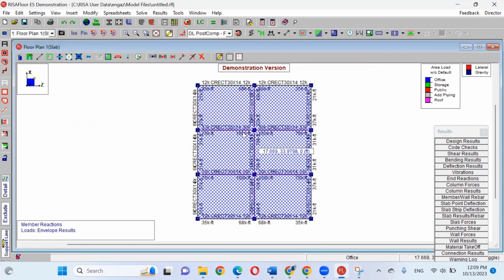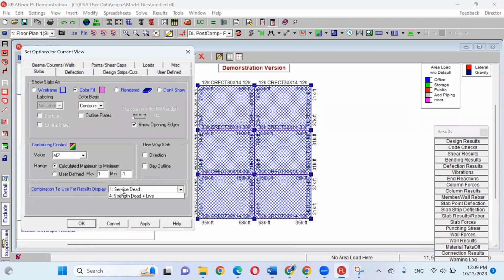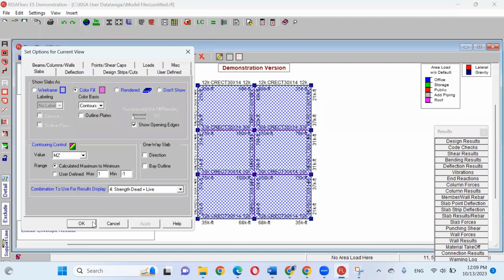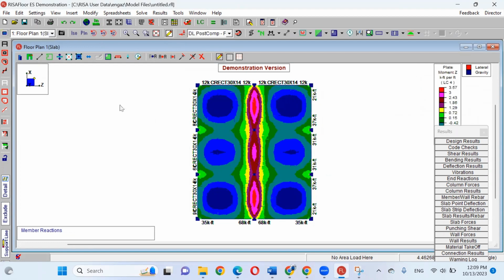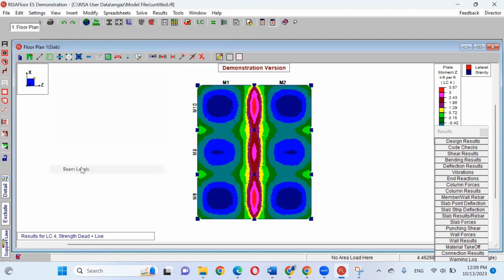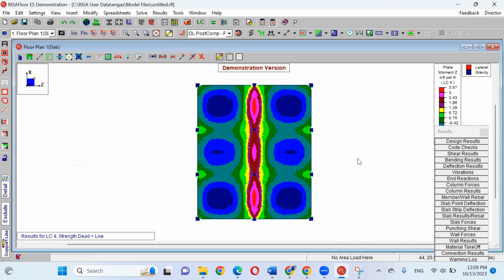Keep in mind, right now, we have beams. If you show your slabs, color contour, MZ, strength dead plus live, this is the drawing of the bending moment. View, beams. This is the bending moment.